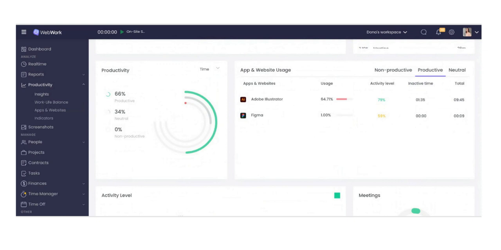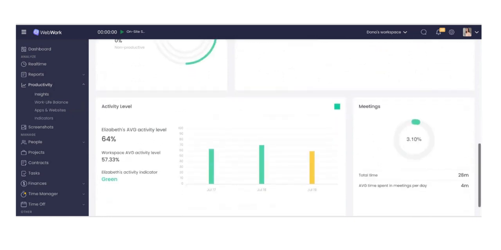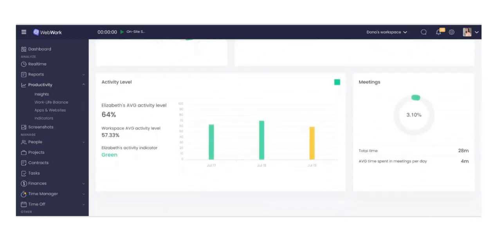You can analyze, if you're the admin, if you are the client, or just using this tool for yourself, how much you yourself spend on each of the platforms, and you can check the percentage of the activity, the productivity level, and the overall activity, total hours, platform by platform. Okay, so